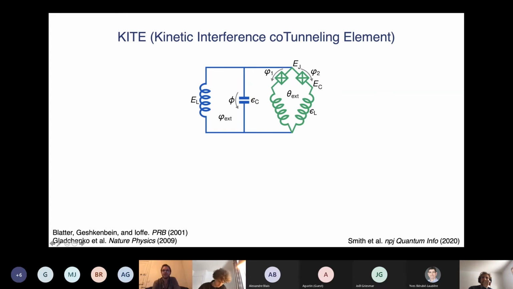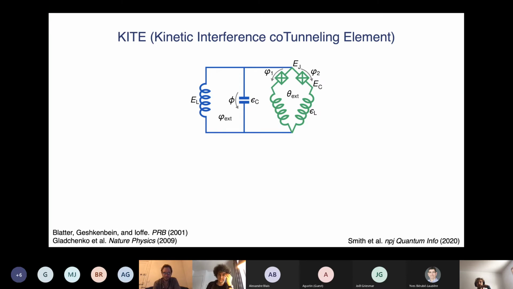And for those of you who don't know, the rhombus is actually just the same loop, the same green loop, but with these 2 inductors replaced by the same junctions. So it's a loop formed of 4 identical Josephson junctions connected on the 2 opposing nodes. Here, though, we specifically changed those 2 junctions in the rhombus to superinductors in order to shunt the offset charge noise on these 2 intermediate islands. Okay, and then we arranged it in a standard fluxonium-type circuit. We have a shunt inductance EL, and there's also, due to the connection leads, always going to be some additional capacitor epsilon C, which is purely geometric in our case. It's not